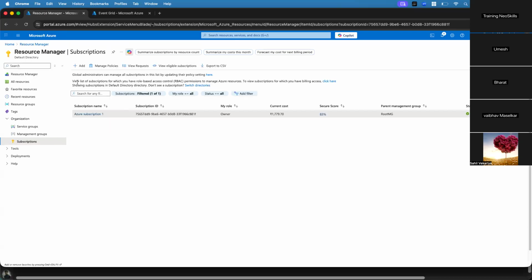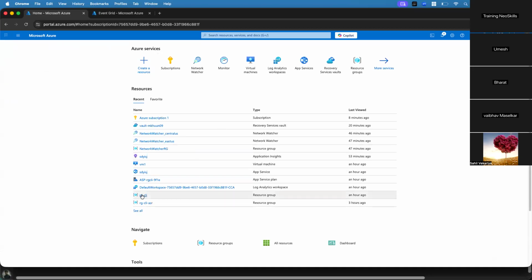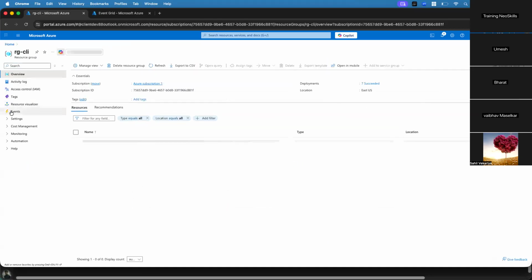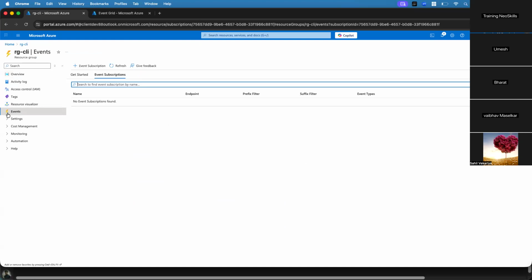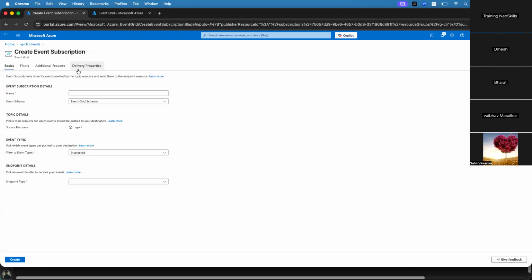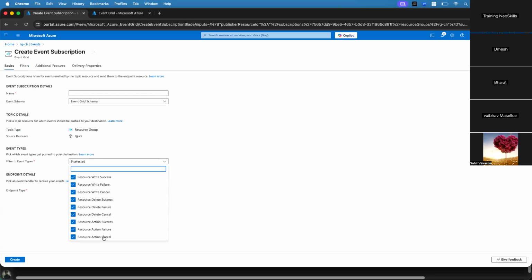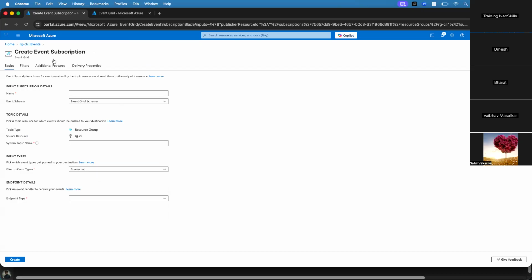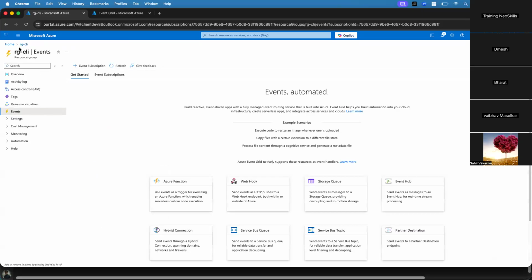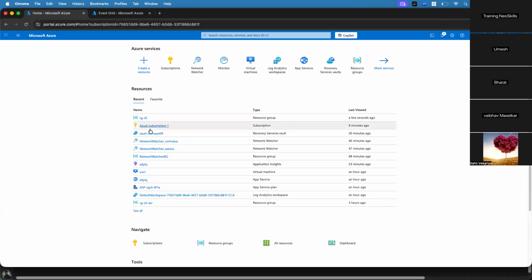If I want to perform the same action on the level of a resource group, you can go to any resource group and there is an event option, right? If I'm creating the event subscription from here, see, these are the options we have. Same as a subscription, because here again, this is a logical grouping. But instead of that, if I'm getting inside my, let's say,